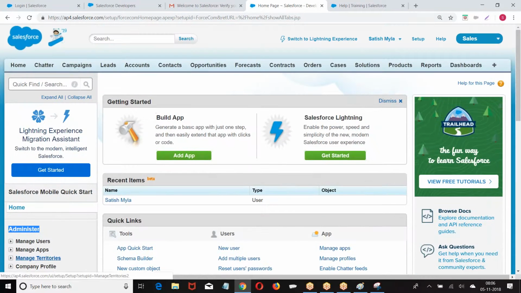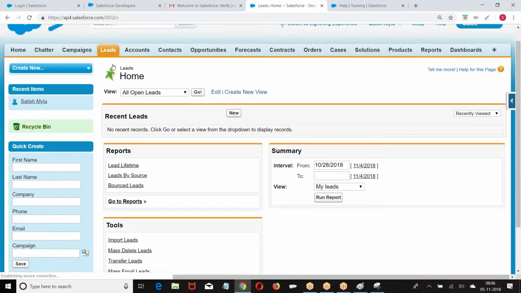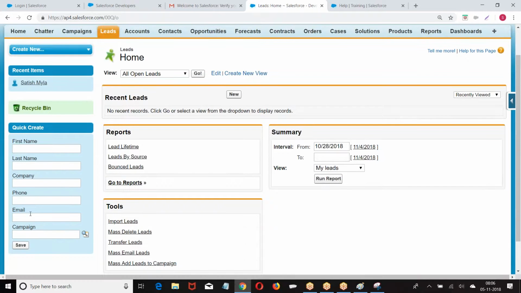Okay. Next, look at the next one we have. If you click on any one of the buttons, what you are going to find here is called sidebar components. So we have the Salesforce header, setup menu, and sidebar components. Overall, we have header, sidebar components, setup menu.